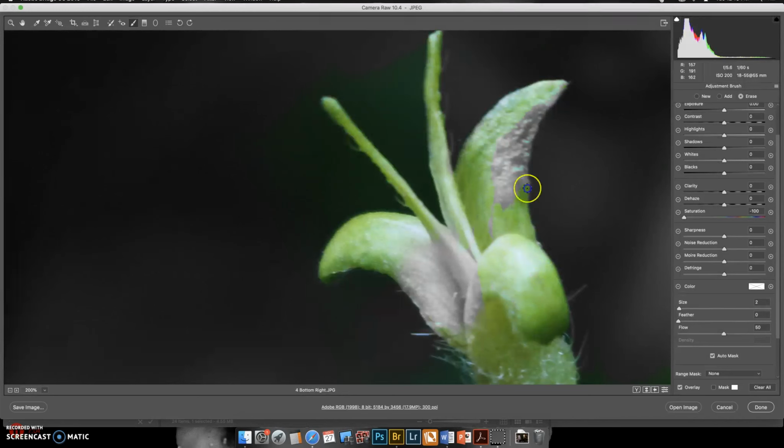Hence, it's bringing back the color. Okay. Sometimes there's a tiny bit of a lag in coloring and then having Camera Raw actually bring the color back, as you can see here. So as you color this, you're going to switch back and forth from add to erase